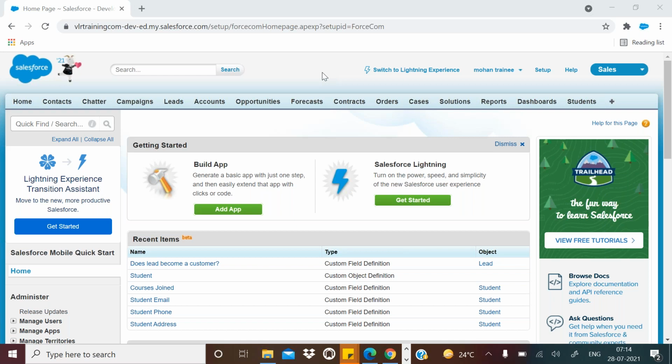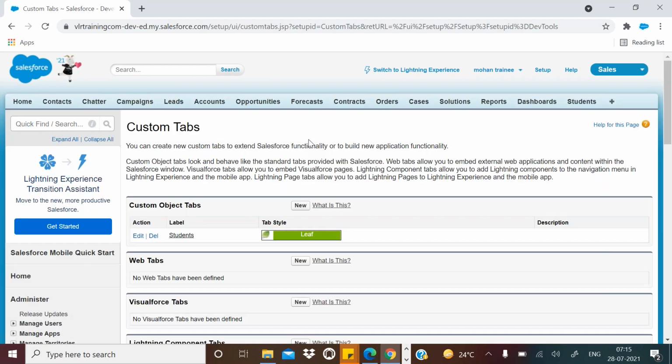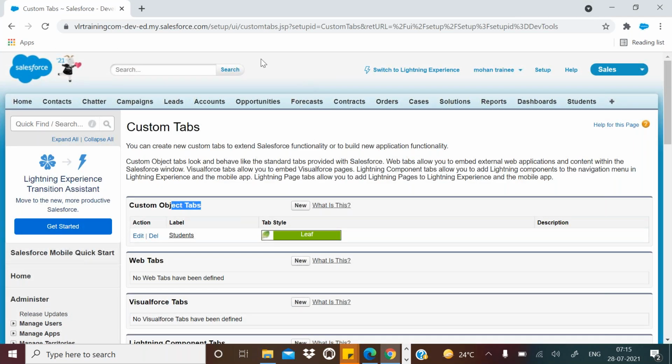Standard tabs means Salesforce by default creates standard tabs, and we can't delete the standard tabs either. Even here we can't see them with our eyes. Okay, here you can't see, so standard tabs only; you can see custom object tabs here. It is very small. Okay, so here you can see like this, and even if you want to modify that, for standard tabs, if you want to change the label names.